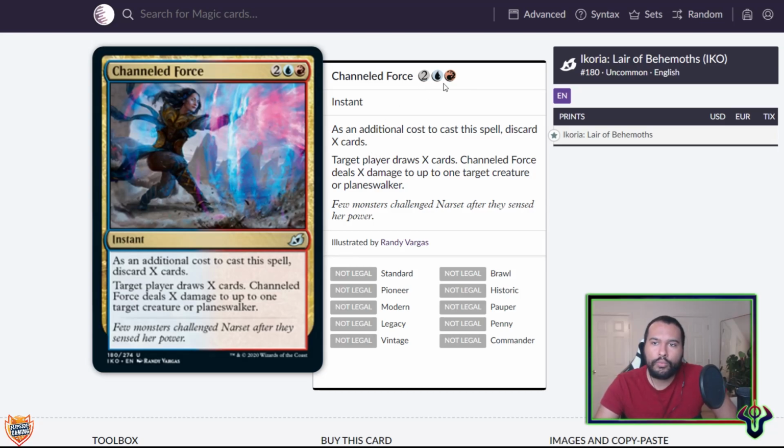It is a 2 blue-red instant. As an additional cost to cast the spell, discard X cards. Target player draws X. Channel Force deals X damage to up to 1 target creature or planeswalker. Now, this is interesting because it forces you to have cards in hand already to fuel it. It's kind of like a weird flipped version of Expansion Explosion, specifically the explosion portion. And you're always going to be getting a worse deal because you have to spend this as well. So if you discard 4 cards, you'll have to have 5 total cards in your hand, right? You get to redraw those 4 cards, but